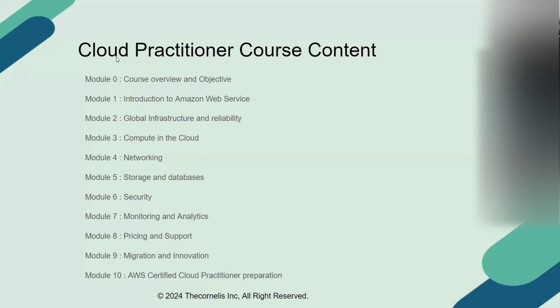Before we dive in deep into the cloud practitioner, let's take a minute to look at the modules that we're going to cover. We've done the first one in our previous class, which is just the course overview and the objective of the course. Today we're going to be looking at the introduction to AWS web services. Then, if time permits, we're also going to look at global infrastructure and reliability. Then in a subsequent class, maybe on Saturday, we're going to be looking at compute in the cloud and networking, then also storage. Then after that, we're going to be looking at security in the cloud, then monitoring and analytics,